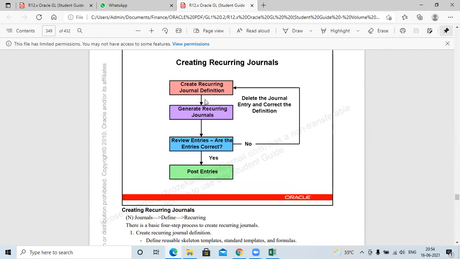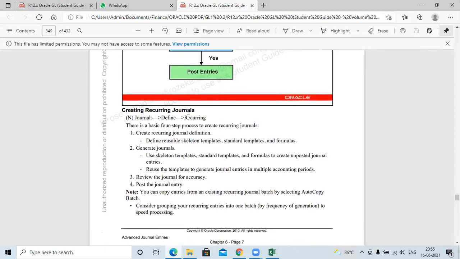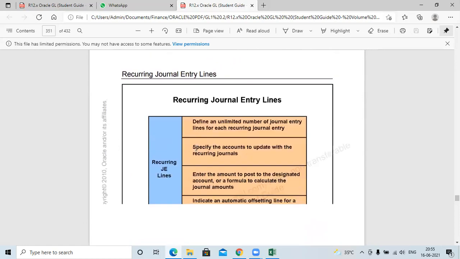Create recurring journal definition. There is a concept: create recurring journal, review the entry. Once you review, yes, you can post the entry. Everywhere you have the option before posting, you can do the correction. How to do the setup, they have given. This we see in the